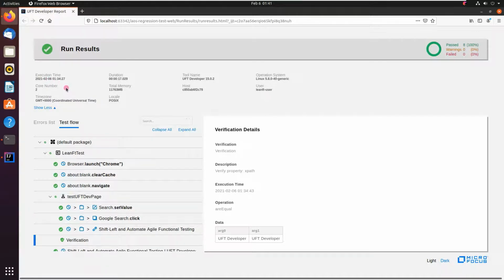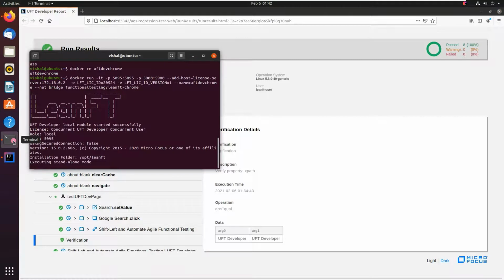Good. As you can see, the host name here, this host name is not the same host name we saw earlier. So clearly this host name tells you where this test actually ran, and that is inside the container. You would have noticed at the beginning of the demo, the local host name was Ubuntu, and you can see the host name is different. Now let's go and verify this. So if I go back,